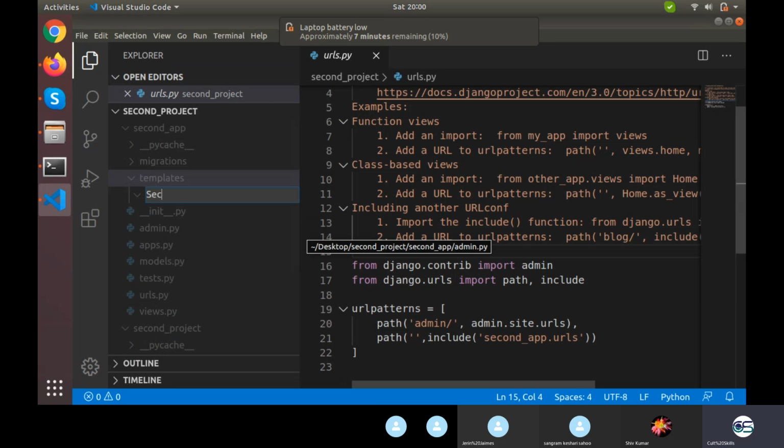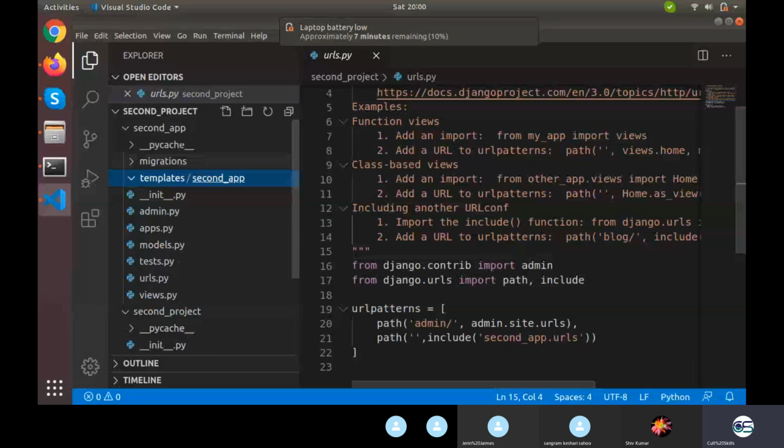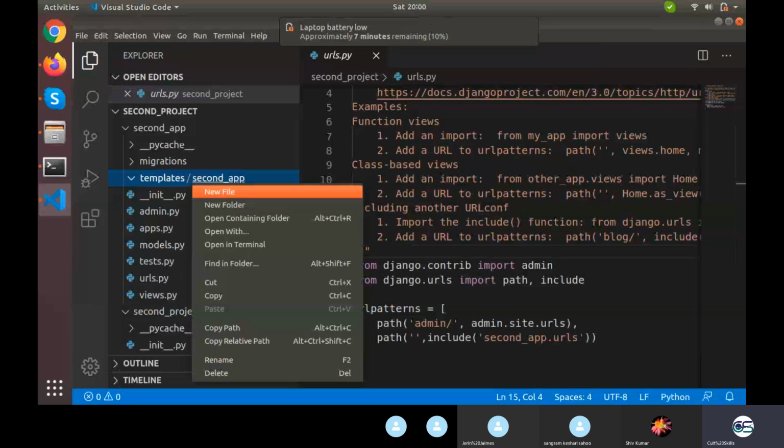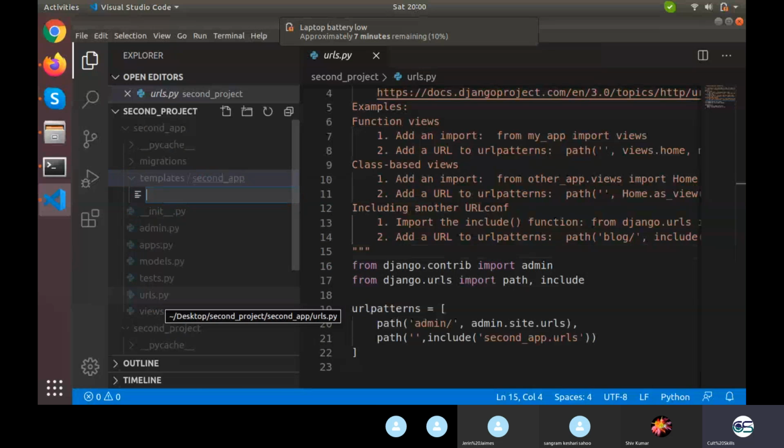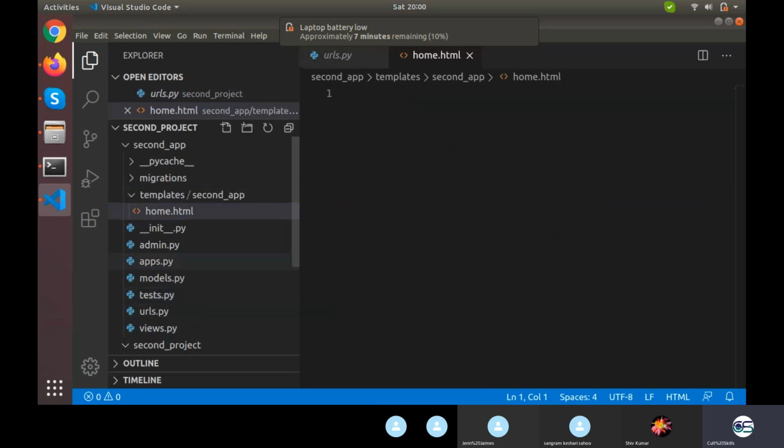So my app name is second underscore app. Inside second app, create your HTML file. The name is home.html. This is what I have created. Let's make a home.html file.